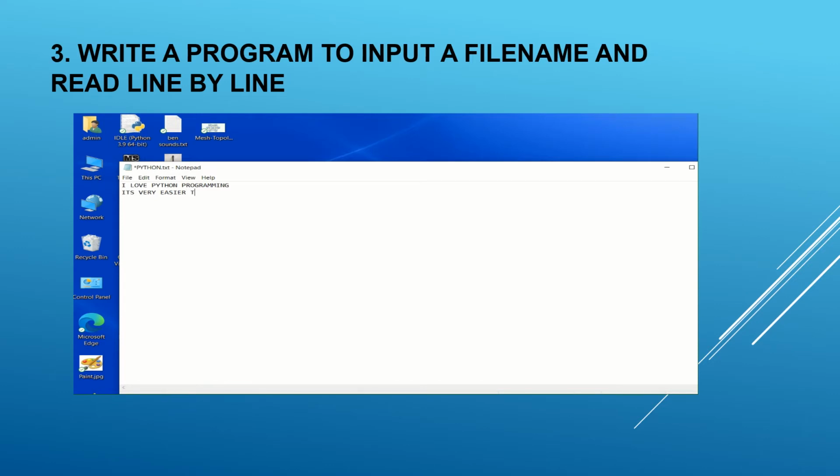Okay, it is very easy to learn. These are the things we are going to type. So we got it. So let's check it. Okay. It is easier than any other programming language.